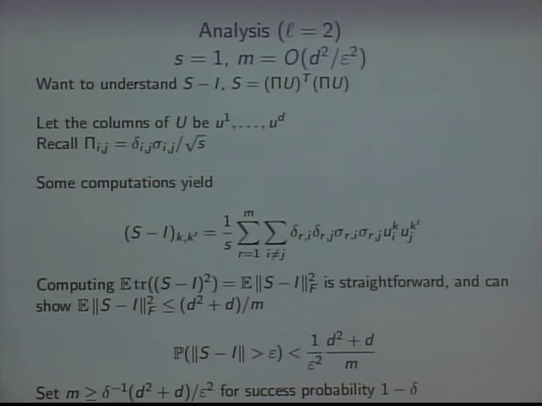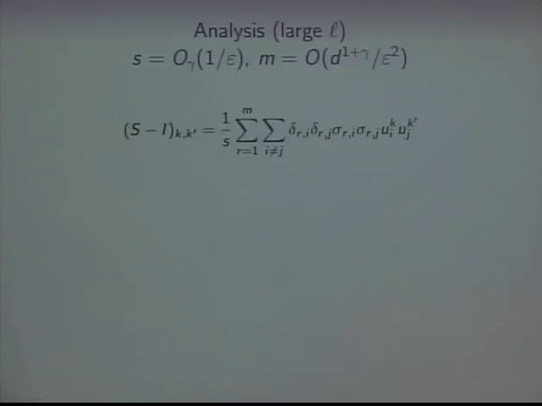Okay. So now I want to move into how you show the bound where m can be very close to d over epsilon squared, with a little bit more sparsity. So that's going to be a larger moment. We're going to go to like the log dth moment. So I want to say a little bit about how that proof works.